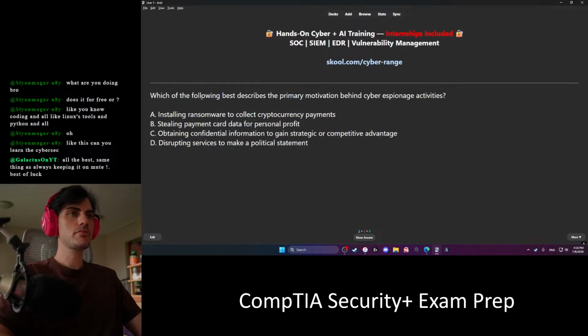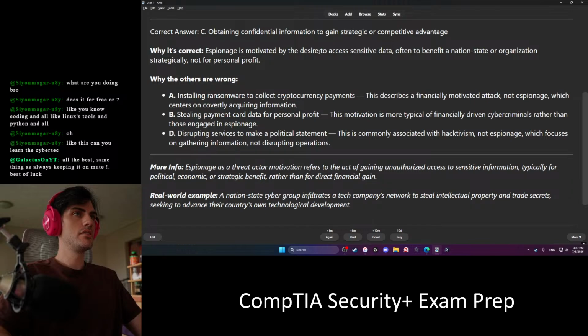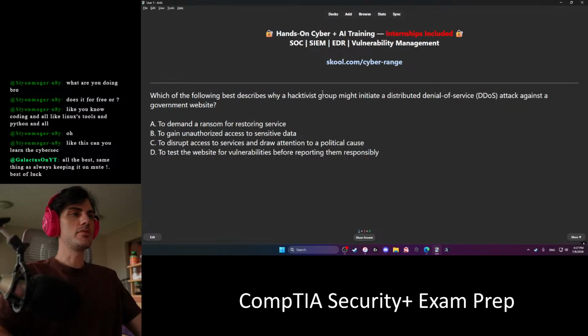Following best describes primary motivation behind cyber espionage activities. Espionage. C. Following best describes why a hacktivist group might initiate a distributed denial of service attack against its government website.